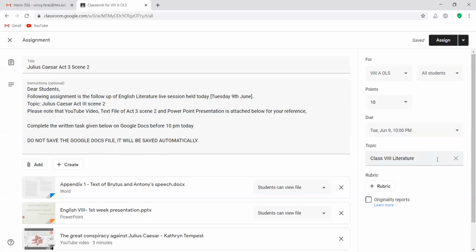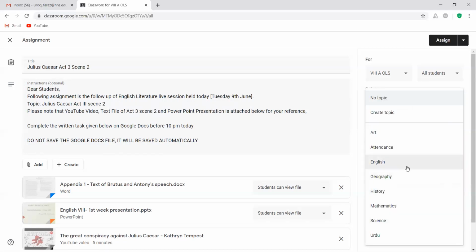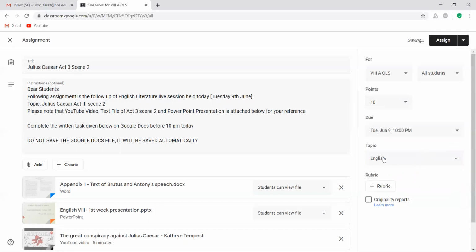Again, this topic, second step, you haven't made any changes here apart from this particular instruction. Here, you need to cross this topic out because this topic was actually copied from the resource classroom, which we don't want to use here. Otherwise, we will end up creating more topics here. There are already topics created according to the subject, and there is no English literature subject. All English literature and language assignments will come under English topic, right? So I'll click on English, and then